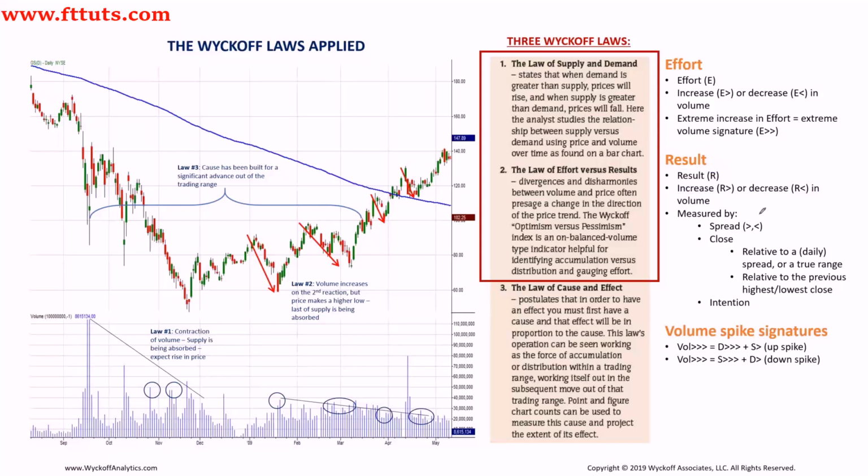So I've developed specific measurements, and those are just for our WTC course. I want us to look into the increase or the decrease of a spread or a true range, and we'll talk about this in the next class. We're also going to look into the close, and we will be thinking about two ways of how to address the close. The question from Nilesh previously was about how the close or the closes influence our interpretation of the result. So we will look into the close from two perspectives: relative to the daily spread, or true range, right? So we would be looking at how we close relative to